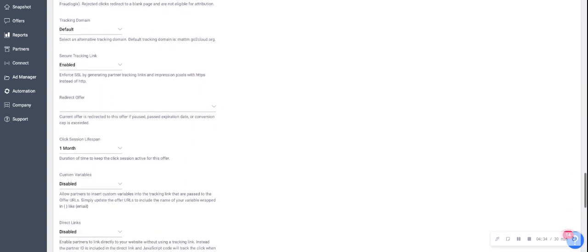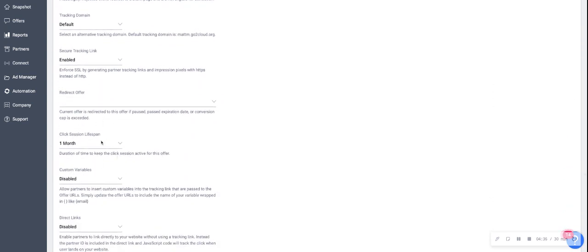So if we scroll down to our tracking section, we're going to see our click session lifespan. Very similar to a cookie window that we've all come to know in the traditional way of thinking about the affiliate and partnership space. Because we're really leaning on server-side tracking that's a bit more effective and reliable, that's called a click session. So the nice part is this can go all the way down to a day if you really want to keep something really tight in terms of